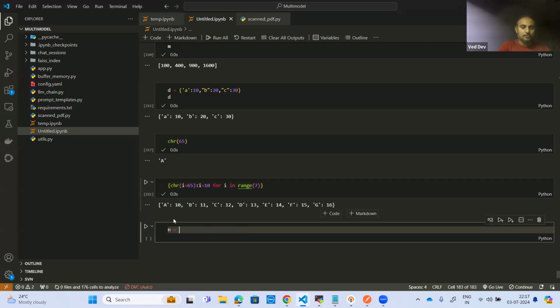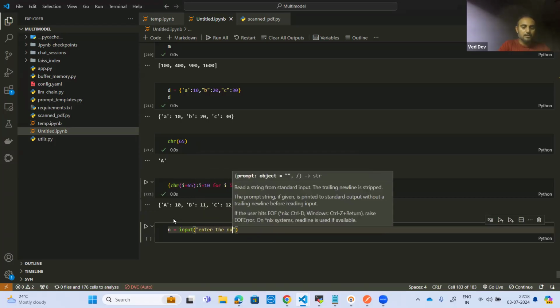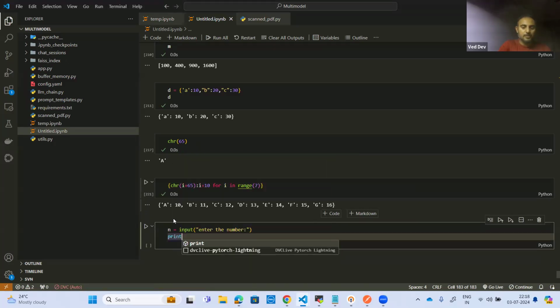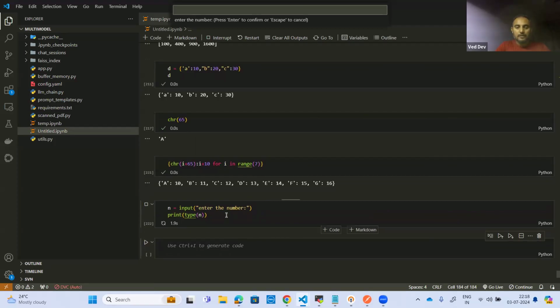So suppose n is equal to input, enter the number. And now here I will simply print the type of n. So see, when I run,